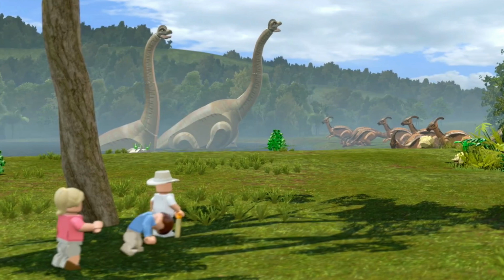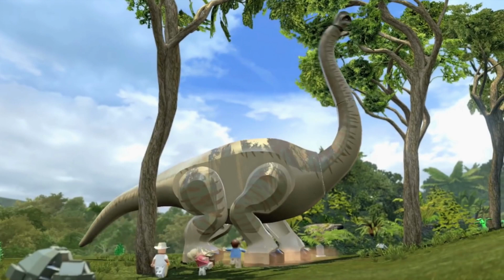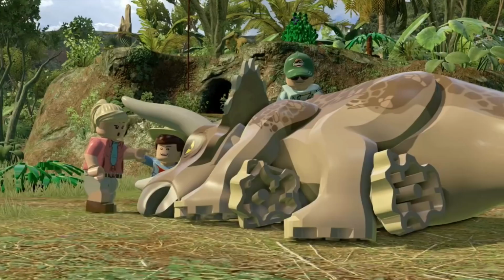Next at $80, we've got the discovery of the Brachiosaurus. This was definitely a memorable scene in the film, and while they were depicted as molded creatures in the video game, I'm curious if it'll be brick built. Next at $50, we've got the search for the Triceratops, which I imagine will include this scene with Ellie and